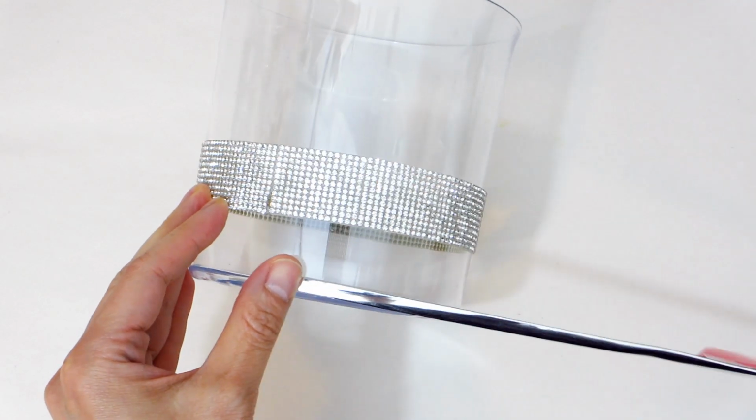Next, we are going to cut out some silver card trim, also from Amazon, and trim the bottom edge of